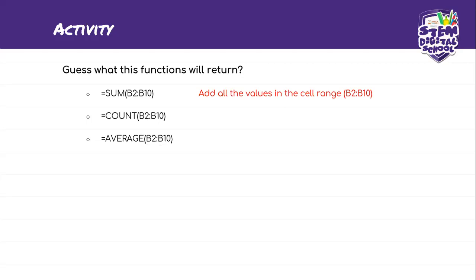It will add all the values in this range, all the values on the cells B2 up until B10, and then divide the total of these values by the number of the cells included in this function. Like for instance,